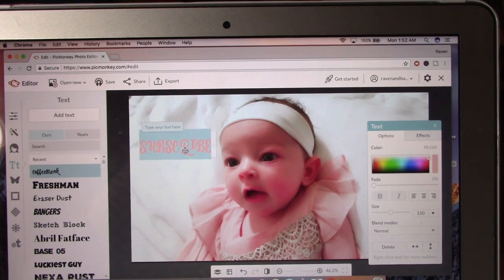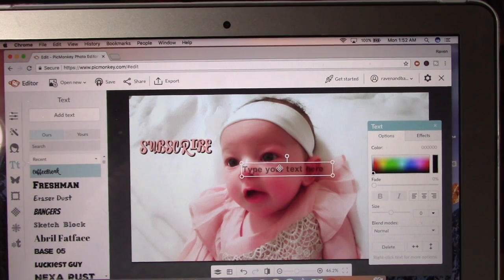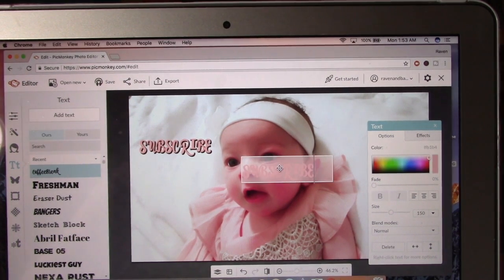Now to get the same color, because of the way this color scheme is, we're just going to go ahead and copy this. We'll add text, paste it so that it has the same color. Then we'll go ahead and change it to